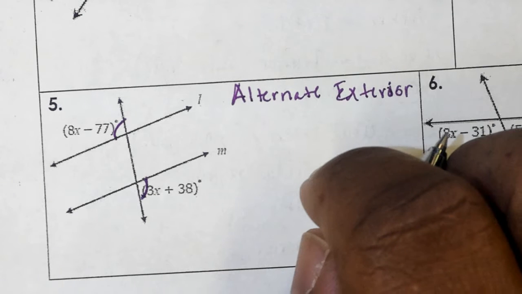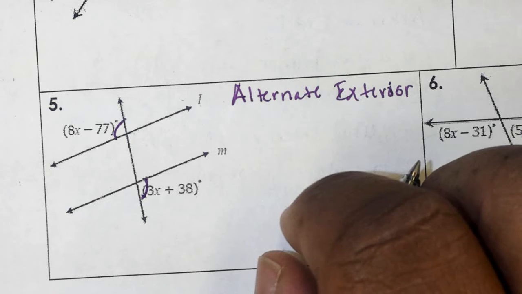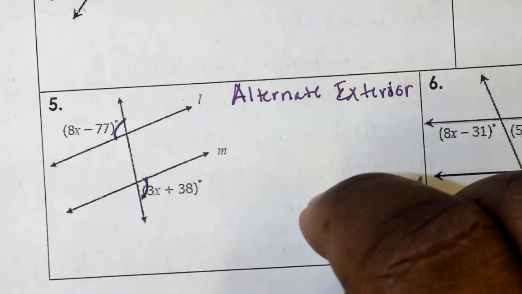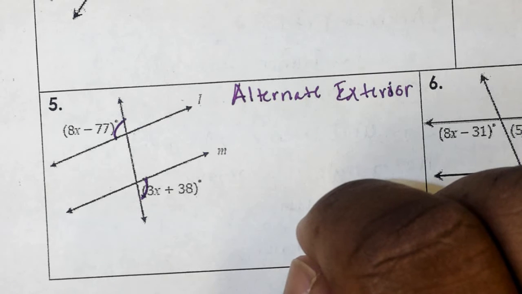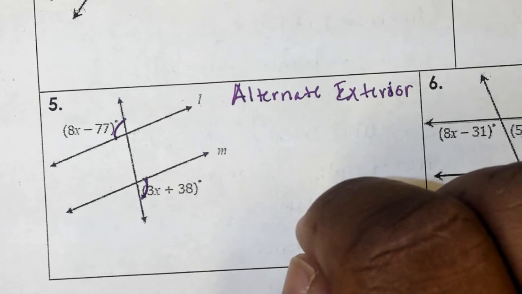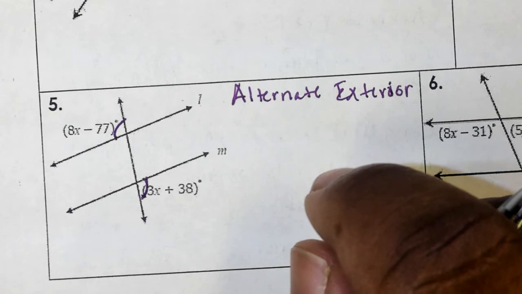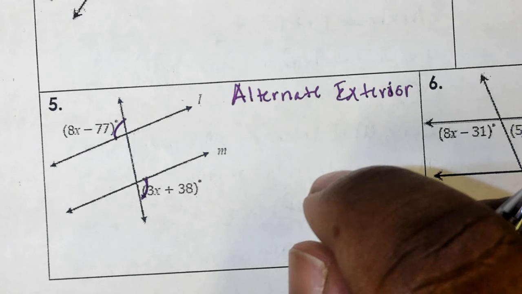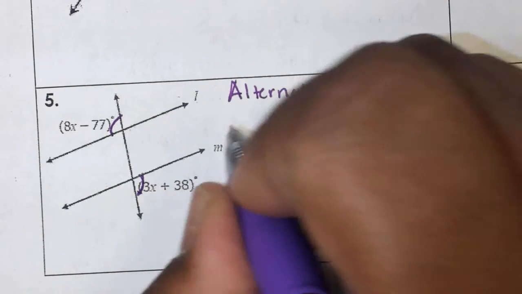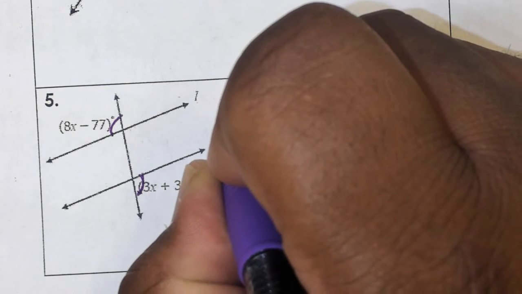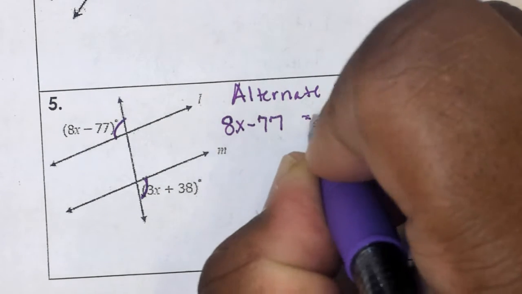What should you know about alternate exterior angles, Beyonce? I can't hear you, you're whispering. A little louder. Thank you. Yeah, they're congruent. 8x minus 77 equals 3x